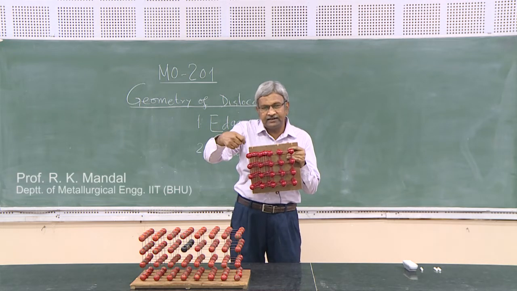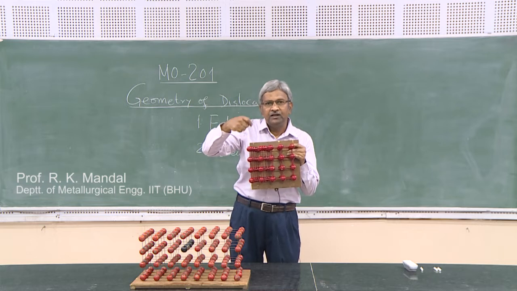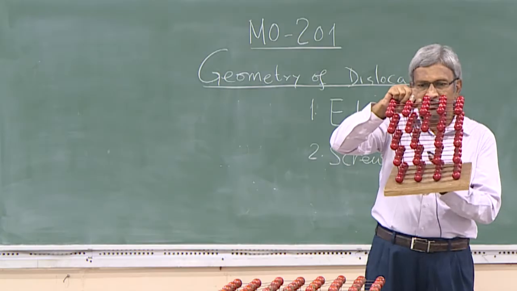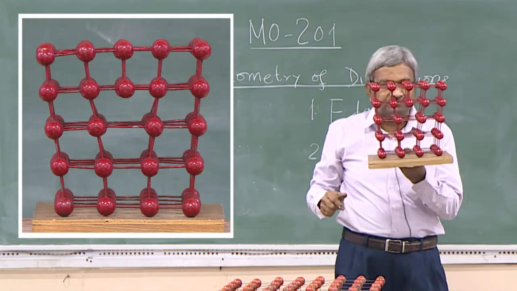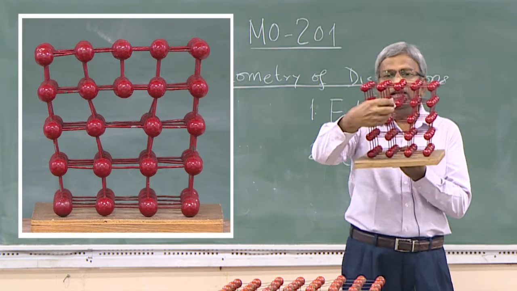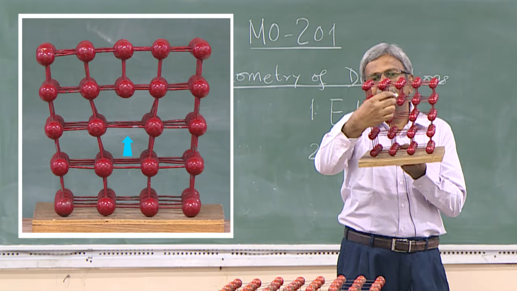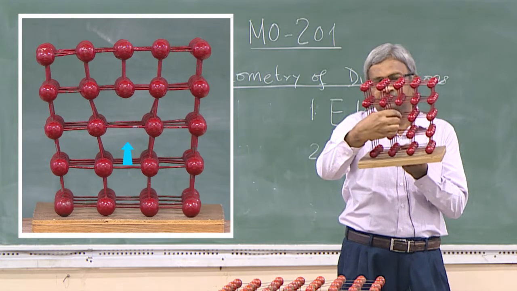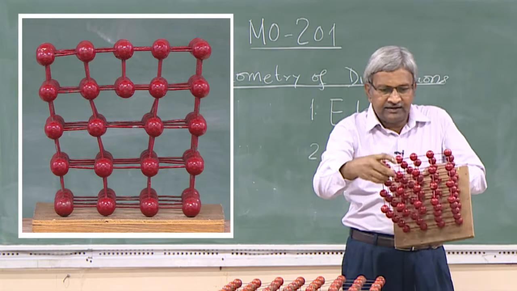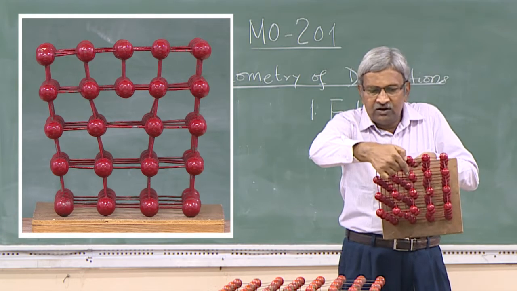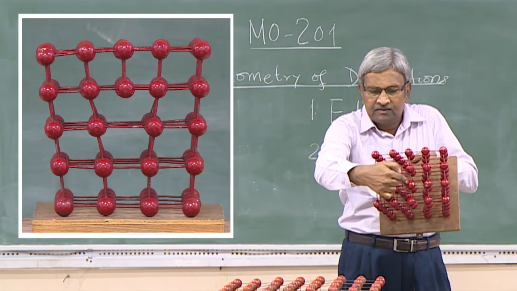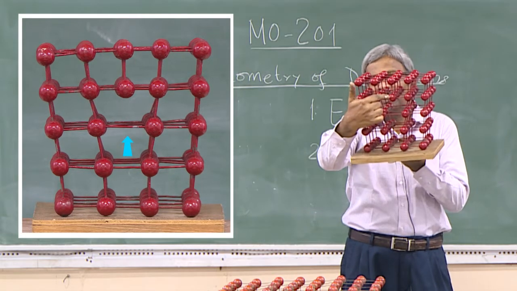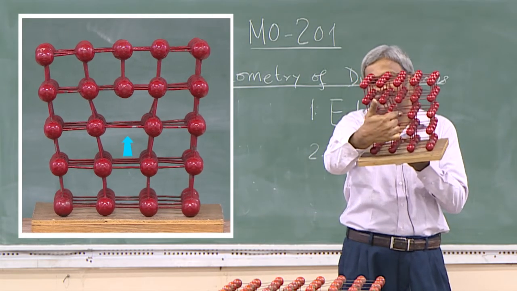Now, I just turn it. The model has been made in a manner that if I turn it to you, then what you find is that you can see there is a gap. There is no counterpart of this one here. It was not the case here. See, there is a counterpart of this one here, but here there is no counterpart of this one in this layer.